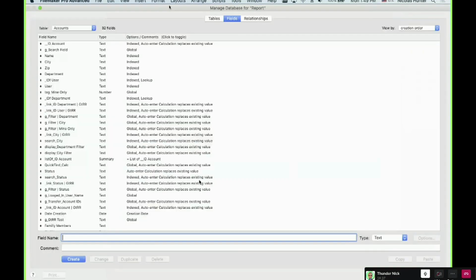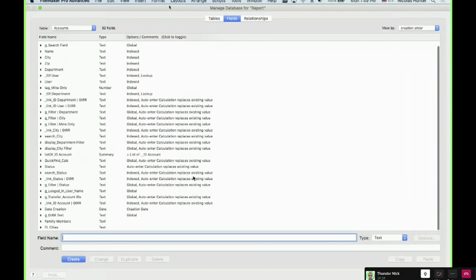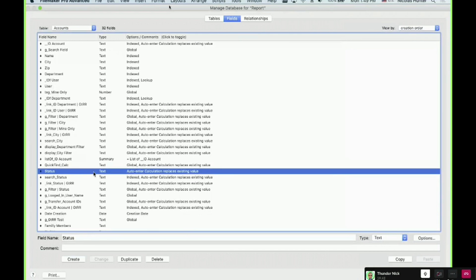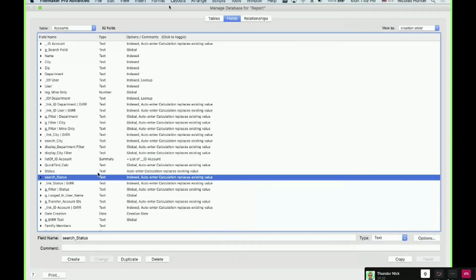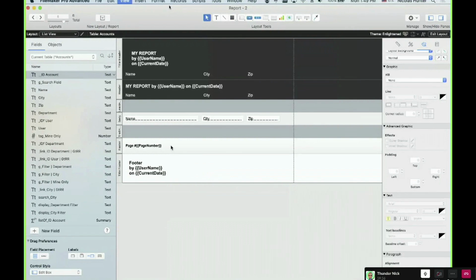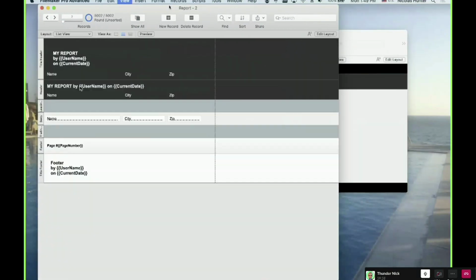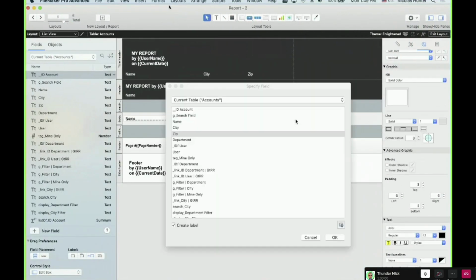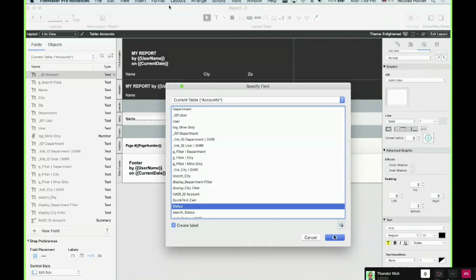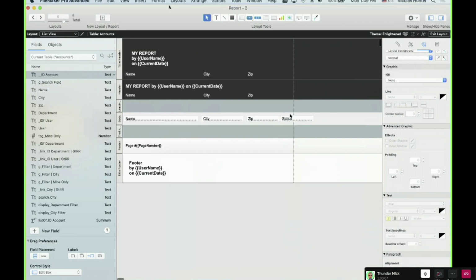Here, I don't know if I have something I can use as a total, but I can use something in accounts, status, for example. Yeah, I can do something. I want the total, for example. Let's say I want what my status is here. So what do I have as a status? Okay. So I want to build that in front of you because I want you to learn how it works.